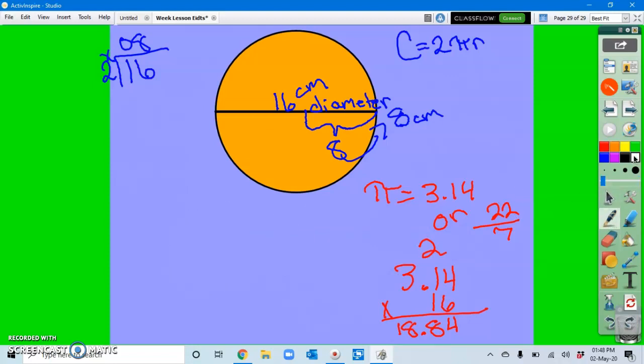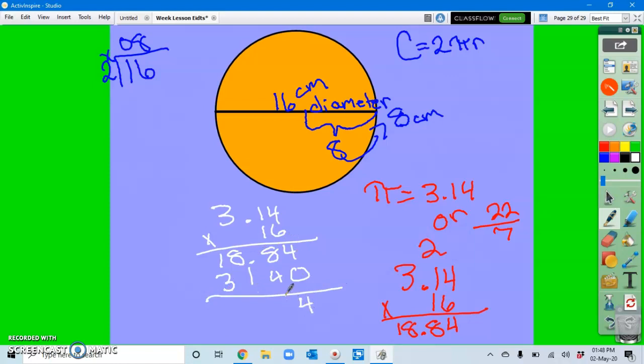Okay, so 3.14 times 16 is going to be 18.84, and I'm going to add a 0, and 1 times 4 is 4, 1 times 1 is 1, 1 times 3 is 3. So now we add: 4, 9, 10, 11, 12, and now you move the decimal 2 spaces, so your circumference is going to be equal to